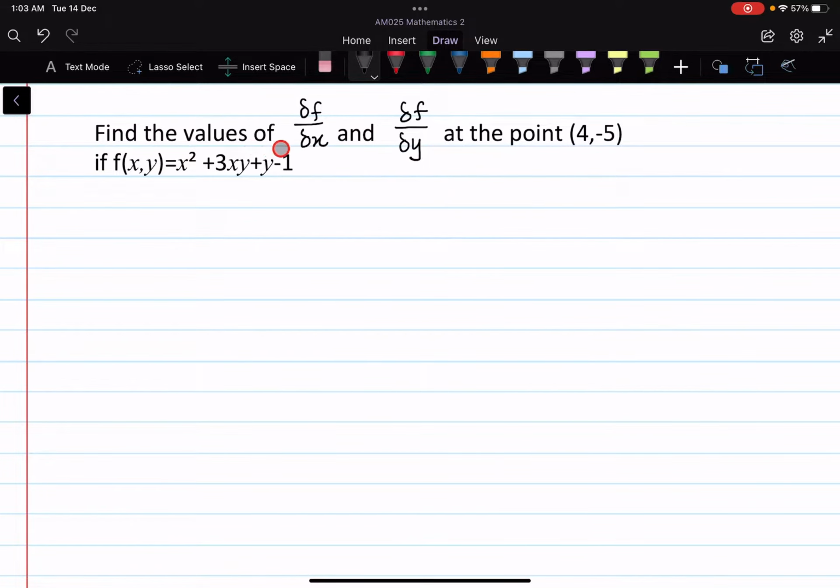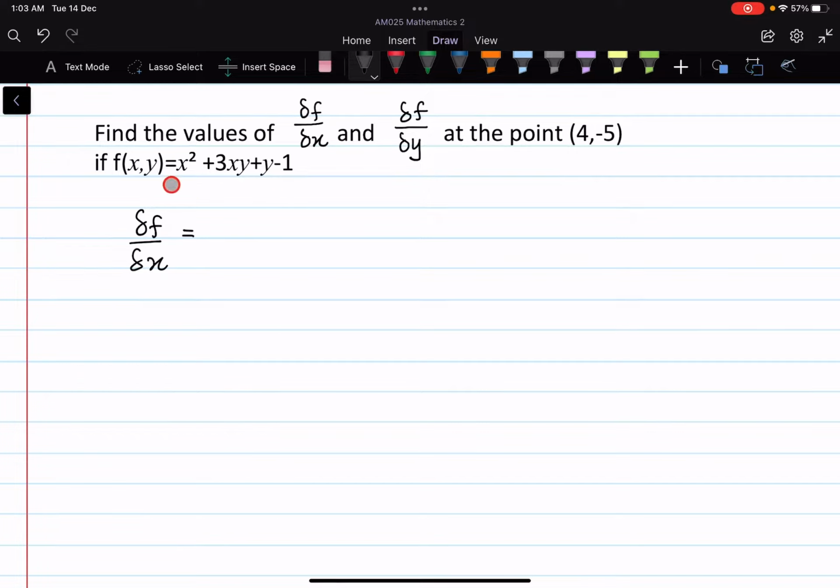Find the values of ∂f/∂x and ∂f/∂y at the point (4, -5) if f(x,y) equals x² + 3xy + y - 1. So for the first derivative with respect to x